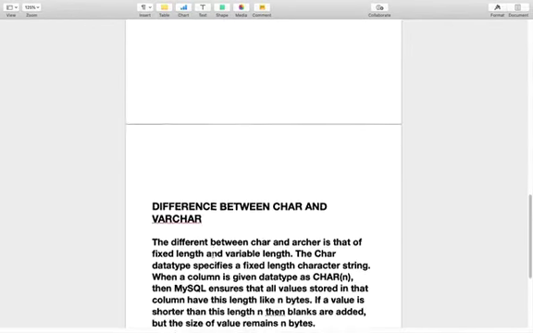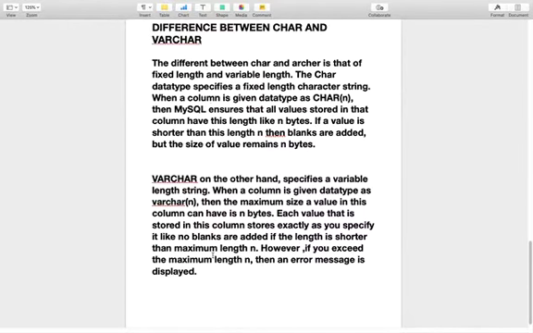So here we learn about the difference between character and varchar. The difference is fixed length versus variable length. If we use the character data type, we specify a fixed length character string.